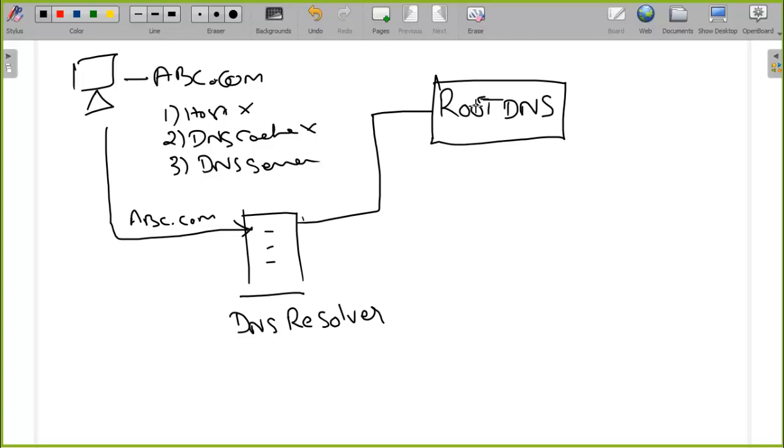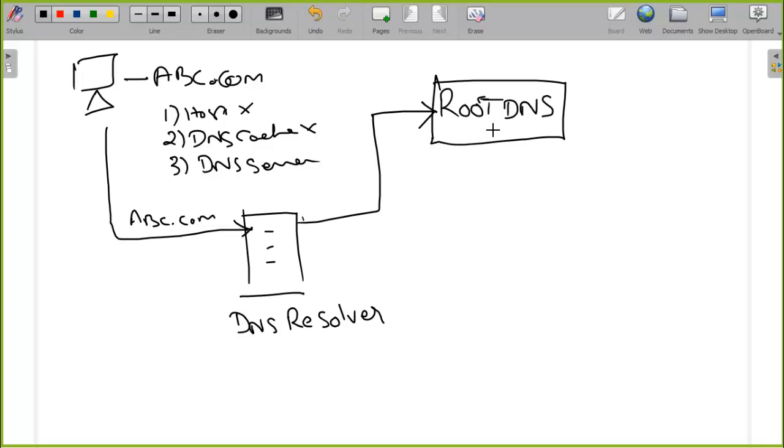And root DNS servers are located in various regions. For a country, I believe there are some 2 or 3 root DNS servers when India is concerned, and depending upon the country size, the number of root DNS servers may vary. So now the request from the Vodafone DNS resolver has gone to the root DNS server. The root DNS server is maintained by a consortium. It is not owned by any particular ISP. It is a consortium where many companies join together and build a common server.